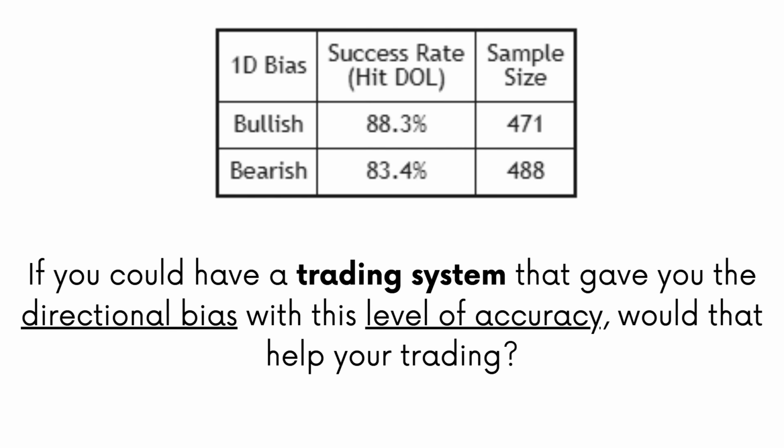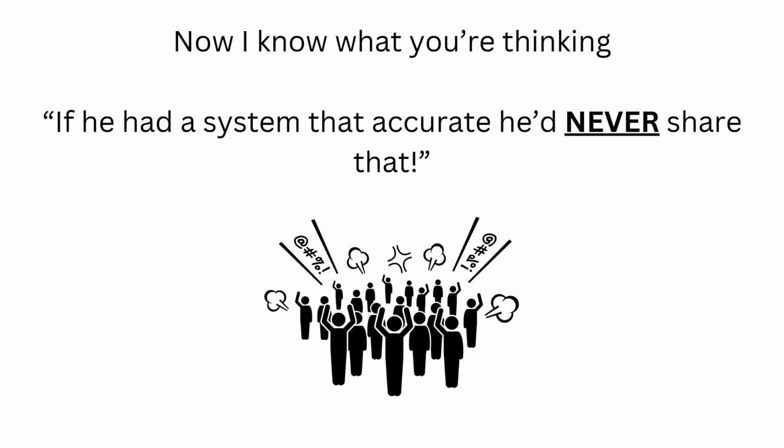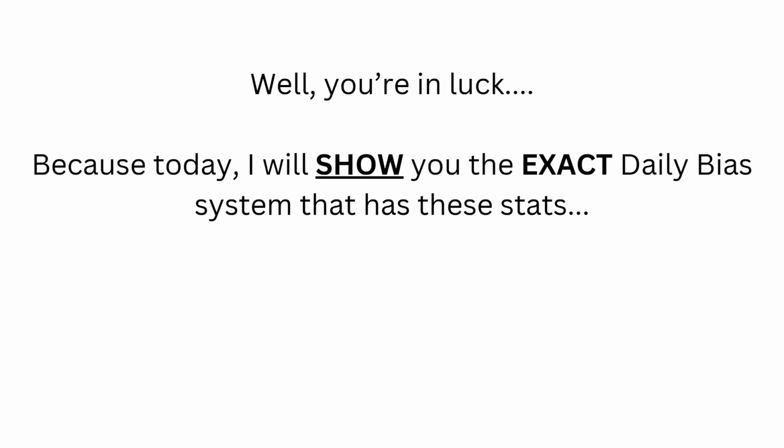If you could have a trading system that gave you the directional bias with this level of accuracy, would that help your trading? Now, I know what you're thinking. If he had a system that accurate, he'd never share that. Well, you're in luck, because today I'm going to show you guys the exact daily bias system that has these